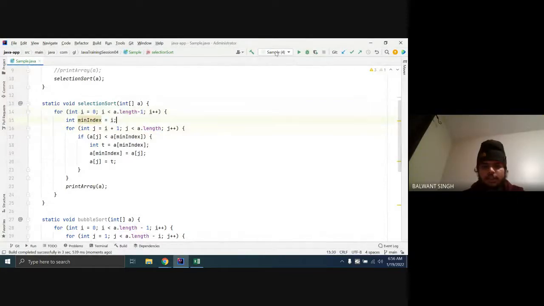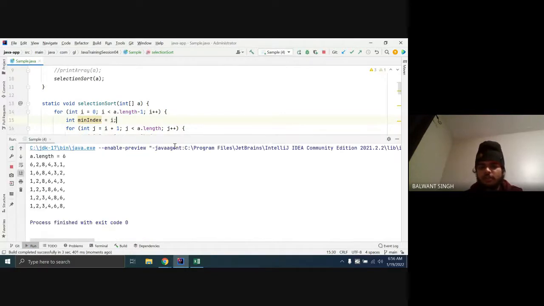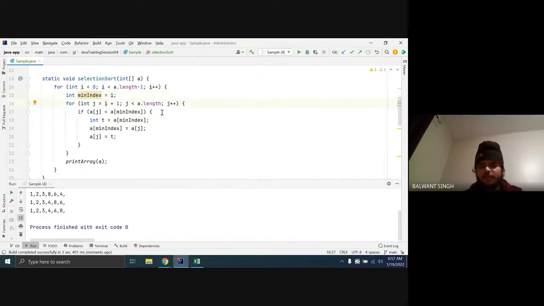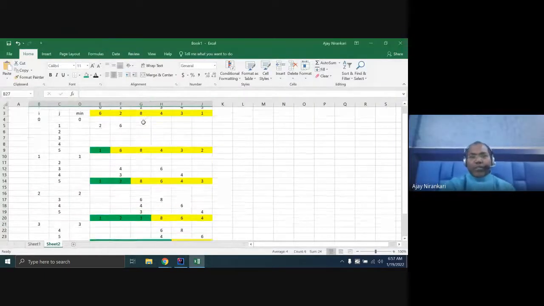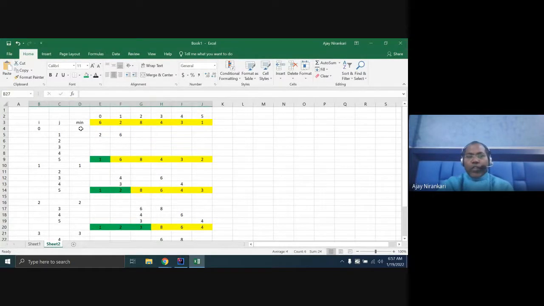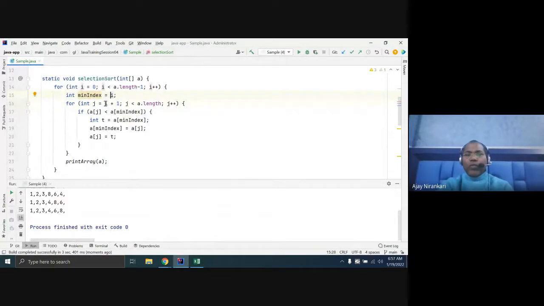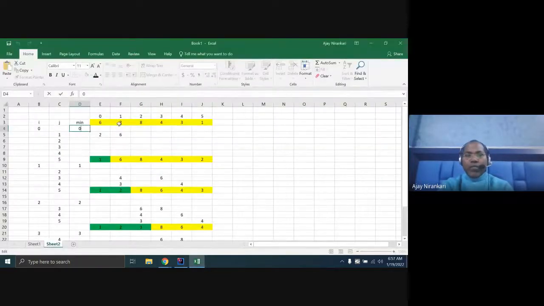Now sir, can you please explain the logic of j equal to i plus 1? Why do we start the loop from i plus 1? Yes, let us see. Here we are assuming 0 is our minimum, right? Here assuming 0 is the minimum. So your loop starts from 0 plus 1. Why? We are comparing with this. This is the minimum. Now you compare with this next position. We are comparing the +1 value, 1 to 0, right? Here your loop starts from 1.